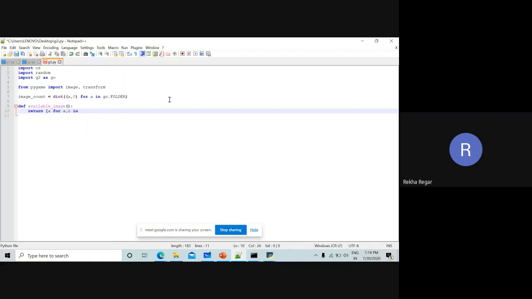What we have is image_count. So inside this we have .items, whatever the items. So for that we use items.